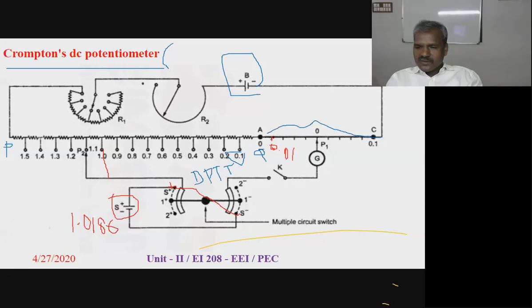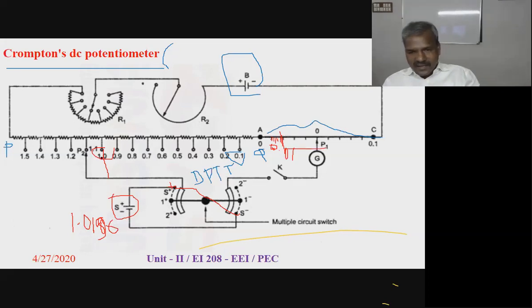There are smaller divisions between each slide wire contact. So the scale is also similar to that. The fine scale is here. So you connect P2 at 1 volt and P1 between exactly 0.0186, approximately 19. You keep it as 0.019. So you connect 0.019 here. That is near to the 0.02. So you connect P1 at this position.